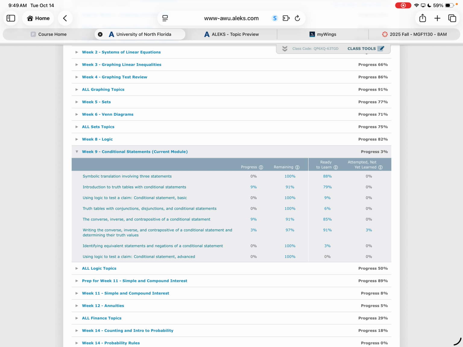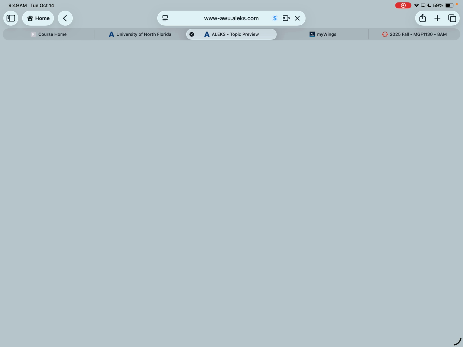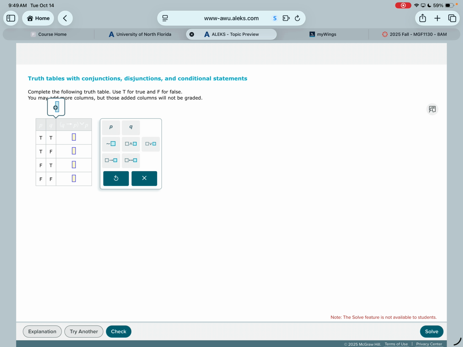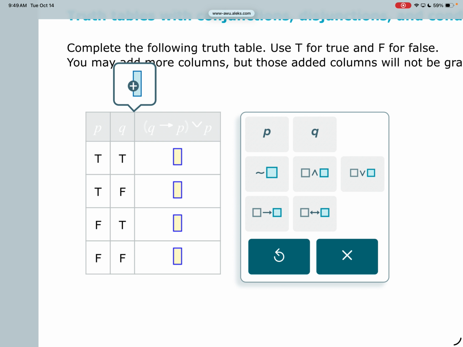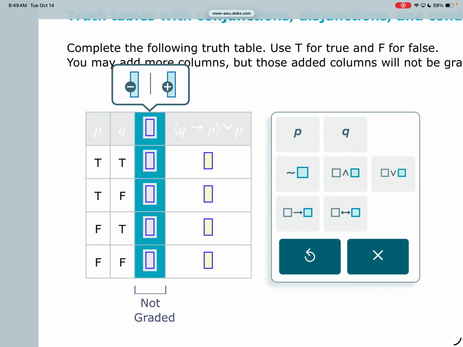There's a couple more truth tables we're going to keep doing right here. So these are the trickiest ones, probably the ones with the most steps. All right, this says if Q, then P or P. Okay, so this is going to combine everything that we've learned so far. If Q, then P or P. So the first thing I'm going to do is I'm going to rewrite P